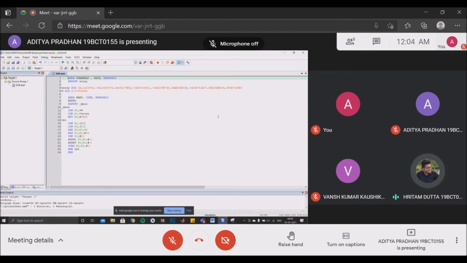Coming to the program's code, we have it right in front of us here. We see that there's this AREA directive that is given in each of the ARM codes that we have seen in the previous assignments. The AREA directive is the place where the code will be stored. There's this particular location. We can take any name of our choice, and the name is a string. The code is a read only code.